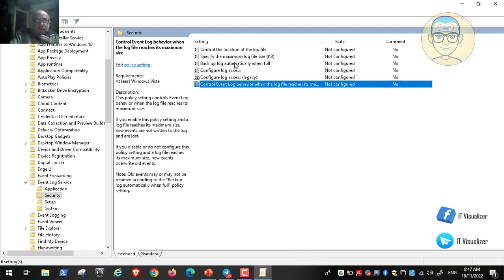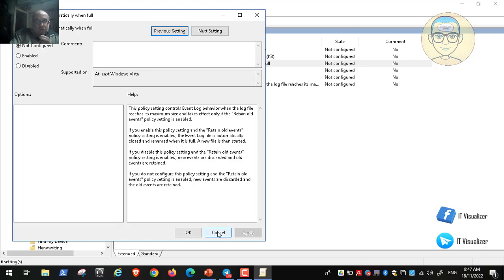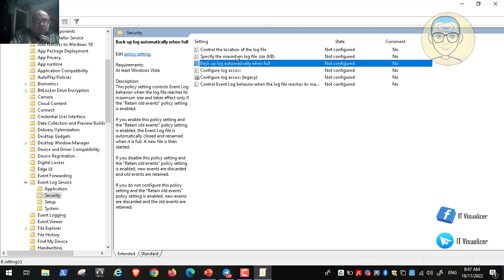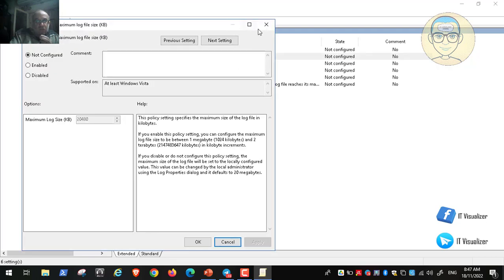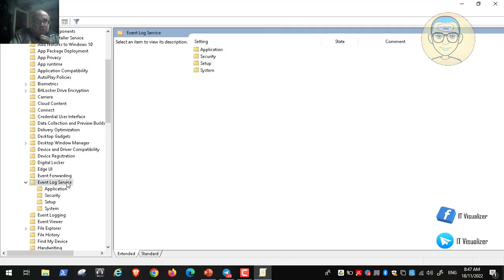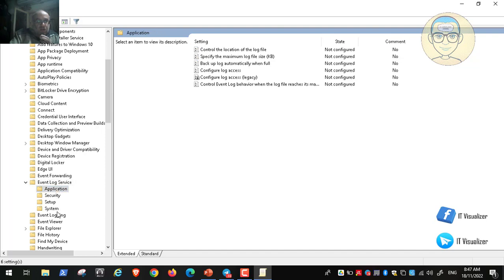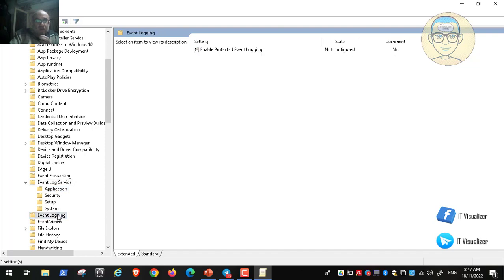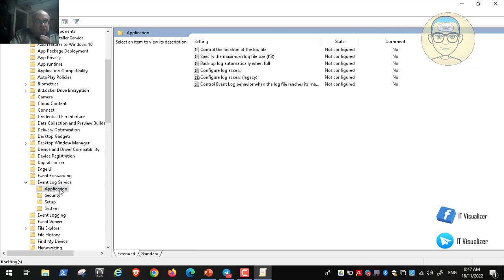Configure, let me show automatically backup when full. No, this is not it. I think there is something called specify the maximum log size. Okay, this is the size. No, there is something here. Let me get to it. So I think application event logging. Yes, here from event logging. No, there is something called event viewer. Nope, there is something here that you can tell it what to do when the size is reached. So here